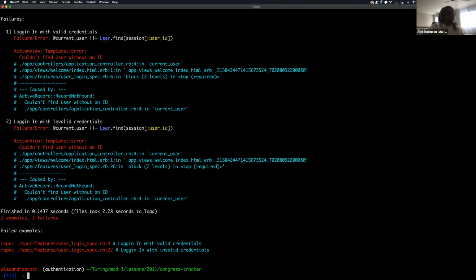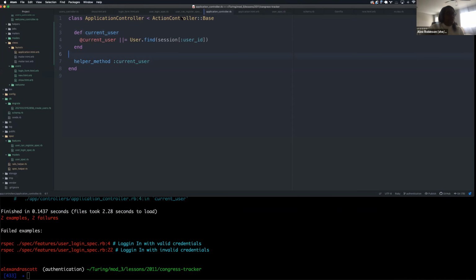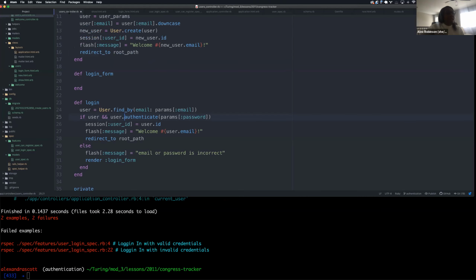Okay, what's the problem? Action view couldn't find a user without an ID. Okay, so what I think is happening here is that